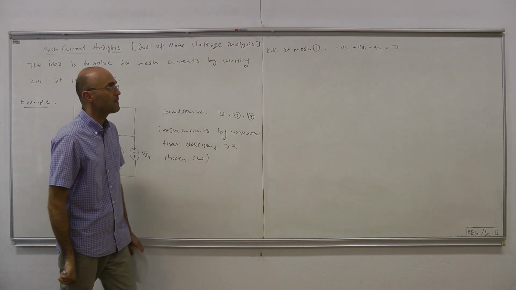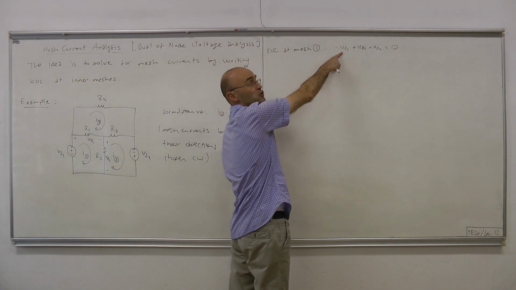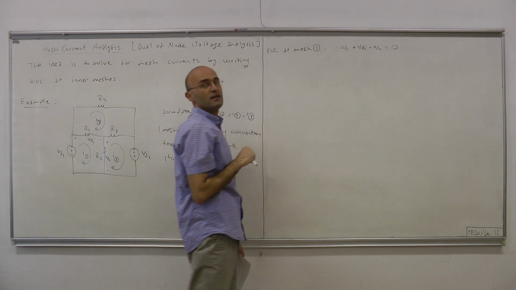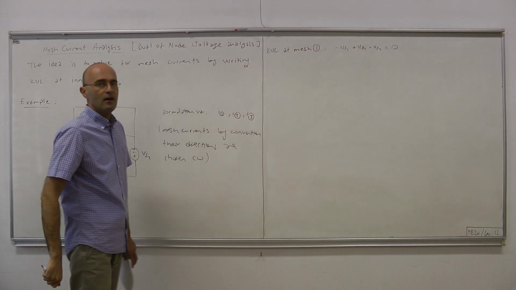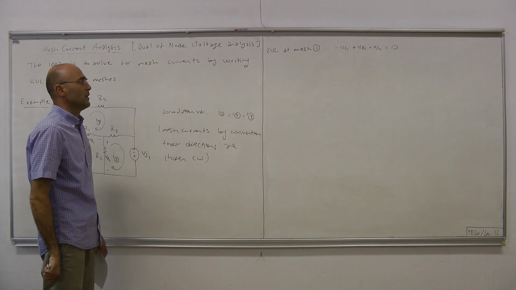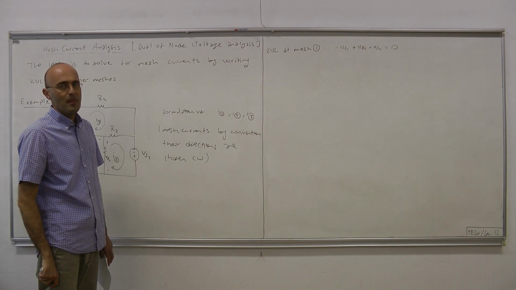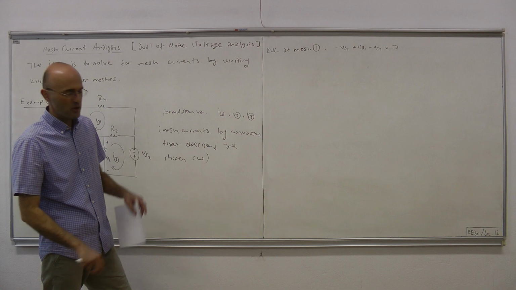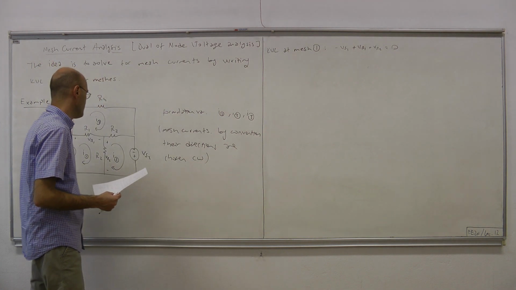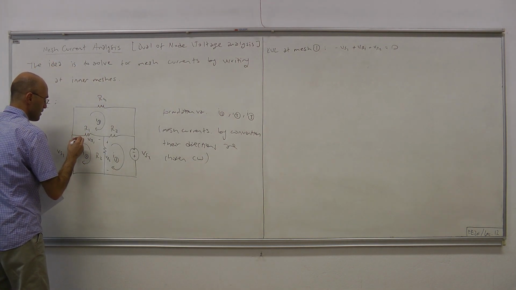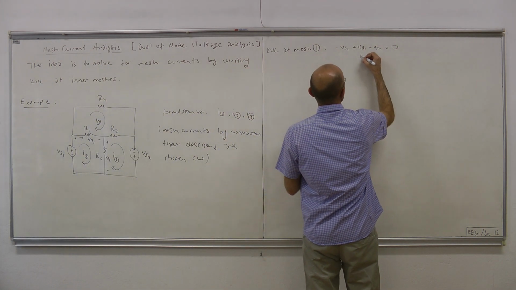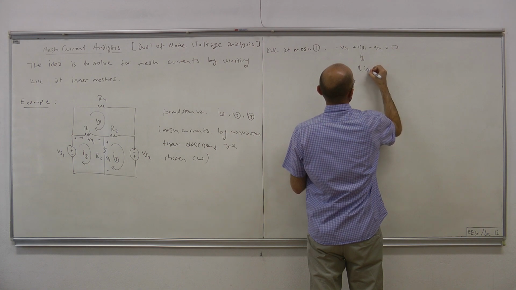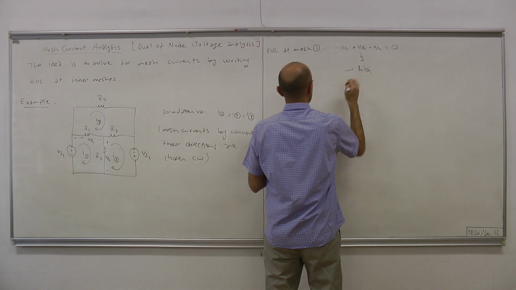mesh current. But here, there's no problem with this term, it's known, it's the voltage of an independent voltage source, but the remaining 2 voltages, the voltages of the resistors 1 and 2, they are unknowns, and they are not in terms of mesh current. So we have to express them in terms of mesh current. But that's very easy, because VR1 is IR1 times R1, R1 times IR1, and